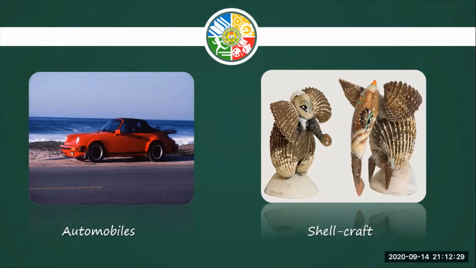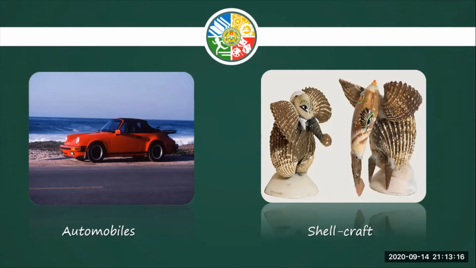Try to pause the video for a minute and identify the raw materials being used in order to produce the automobile in the picture. You may pause the video now. I will assume that you already paused the video. The raw materials that are used in order to create the car are the tires, the paint, the glass, the seat, the light, so on and so forth. Meaning to say, the raw materials refers to all the materials being used in order to create a certain product,